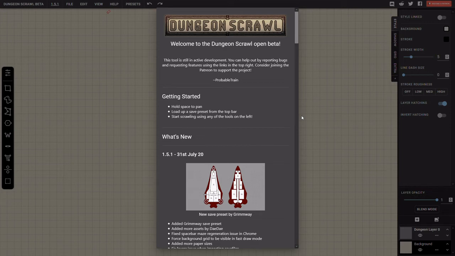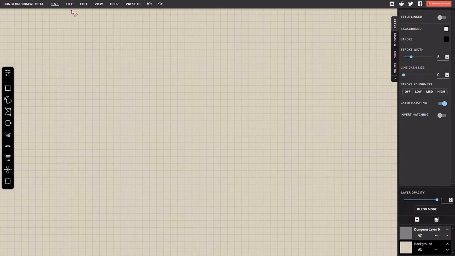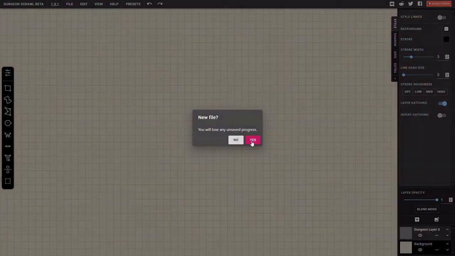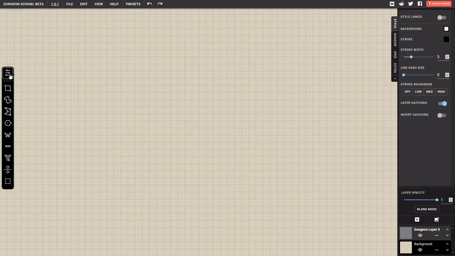So, you want to build a dungeon. Well, I'm going to show you just that using a tool here called Dungeon Scroll. Now, I'm just going to create a new file just so everything's back to normal. And I can show you over here on the left all the different tools that are used. So, if you look in here, you've got all these on the left, and then over on the right, there's